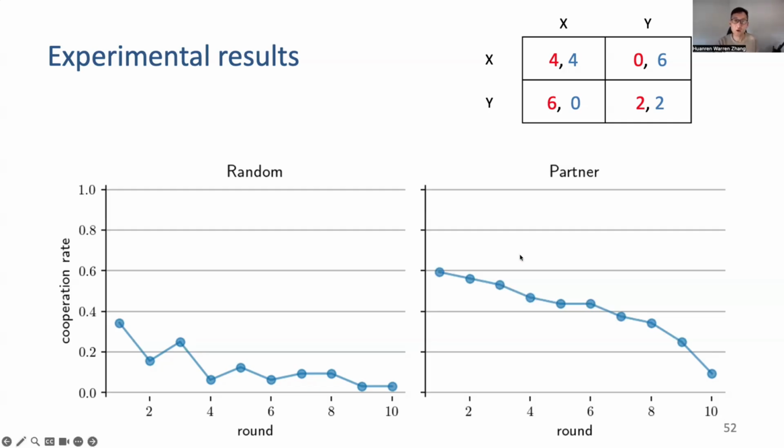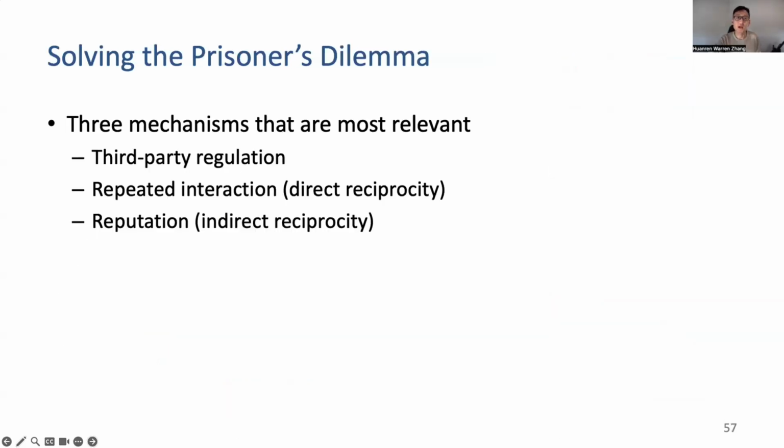So this is how repeated interaction can help promote cooperation. And then we discussed three mechanisms to solve the prisoner's dilemma. We mentioned third-party regulation, so we have the legal system and the social norms that help us maintain cooperation, and also repeated interaction. That is what we have already seen from this experiment. So when you have repeated interaction, this direct reciprocity would help promote